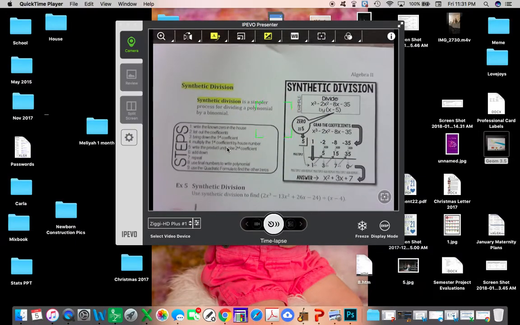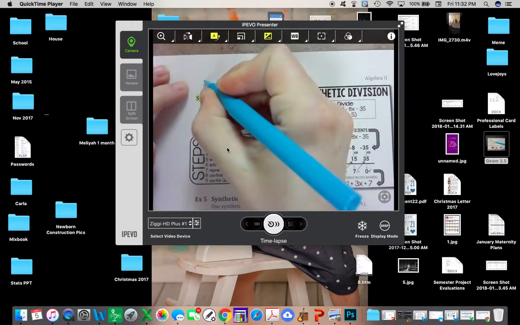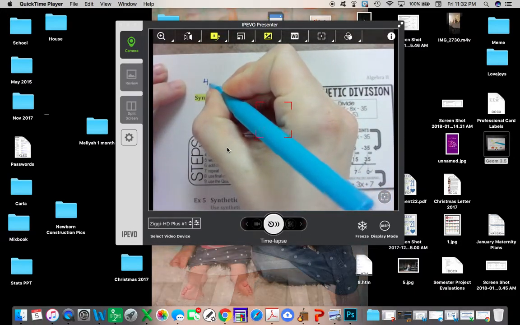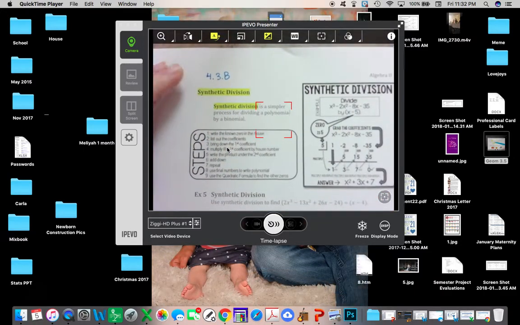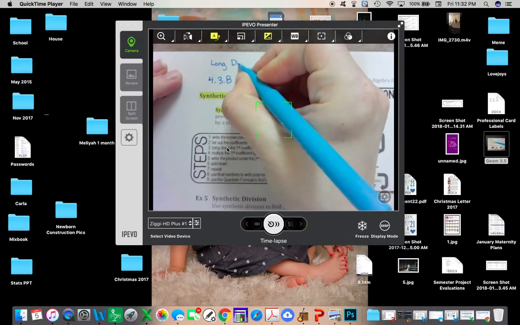Algebra Kids. This is the second half of section 4.3. It's what I called 4.3.b. Section 4.3a was long division, and long division